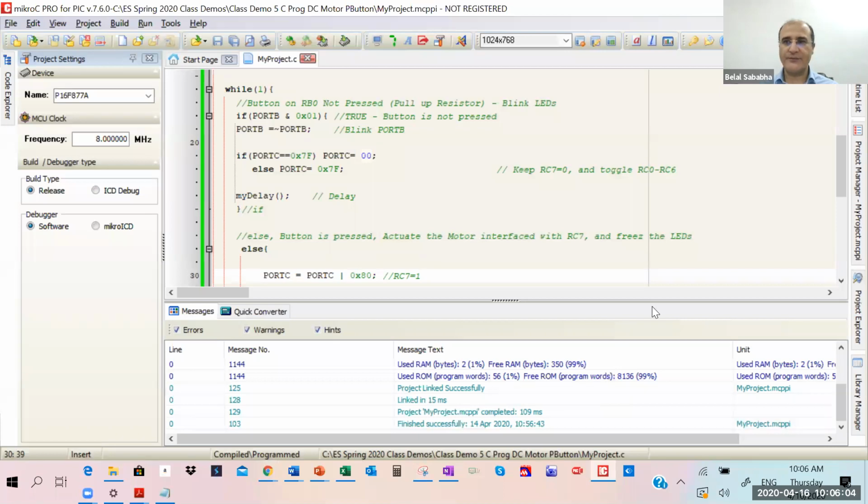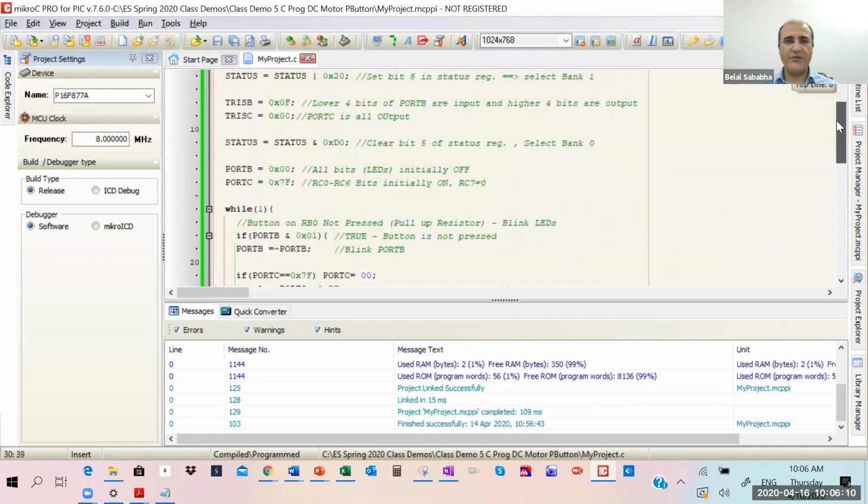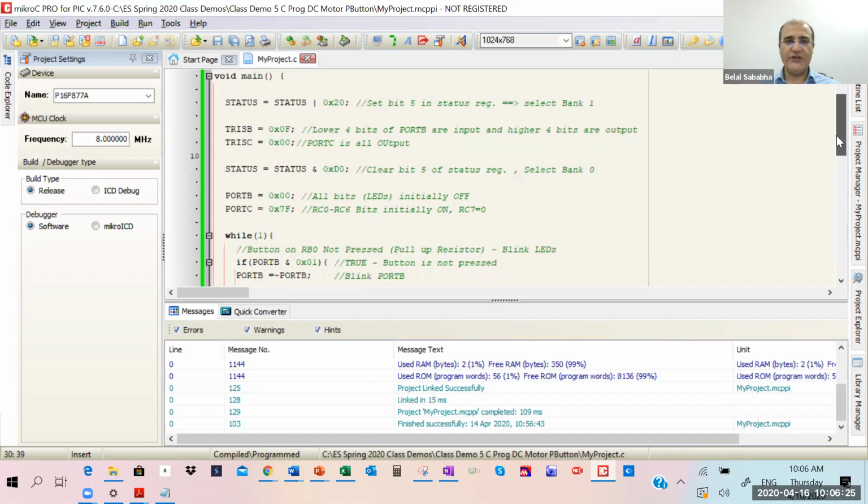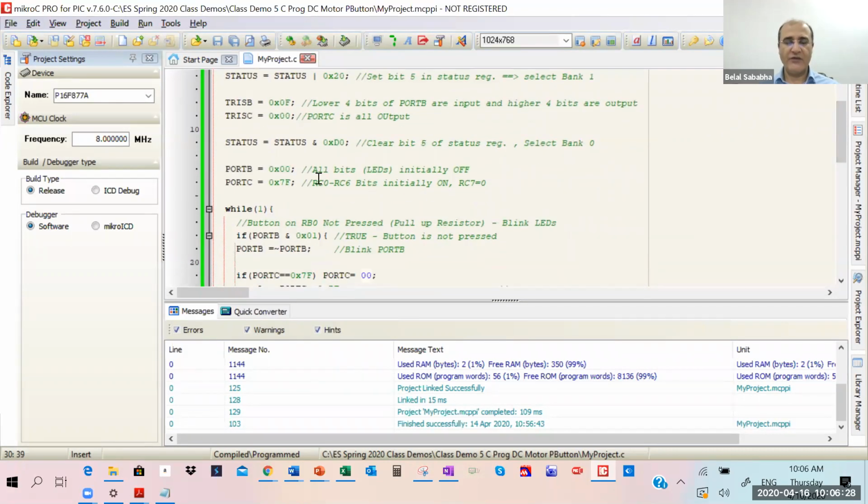I still have it open. It is a program that configures port B as output for the most significant bits and inputs for the least significant bits, and port C as output. It initiates port B. The LEDs are off, and on port C the first 7 bits are off, and the 8th bit, which is RC7, is to control a DC motor on and off